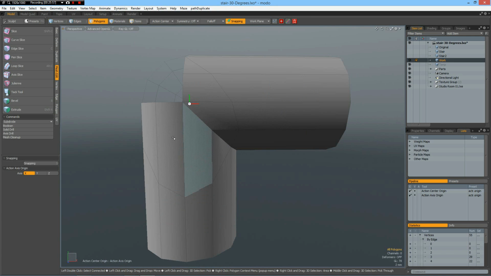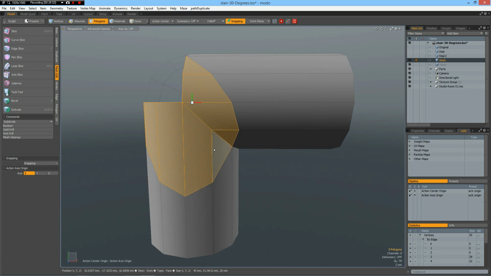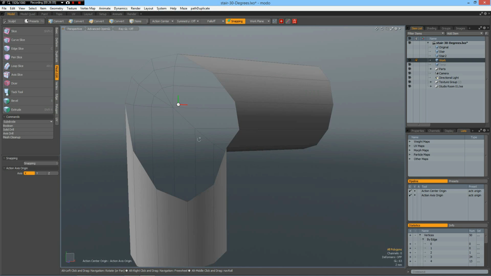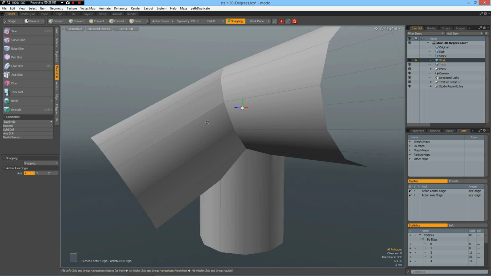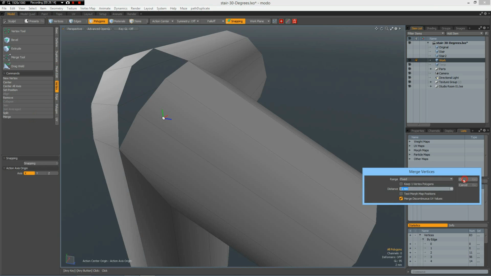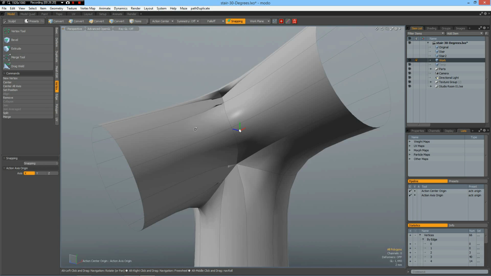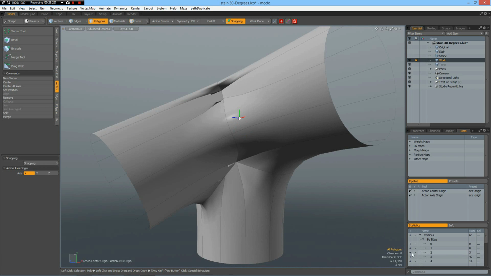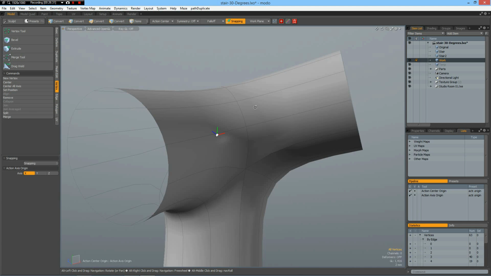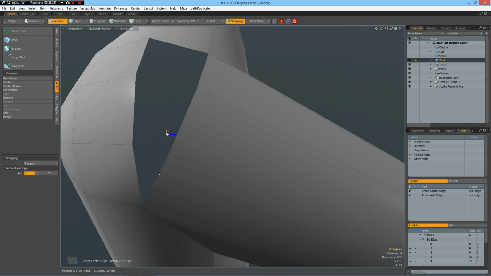hide, and first delete all the polygons which we don't need, so delete these, U for unhide. Now we can merge the vertices, vertex merge, okay, and this looks not good, and the reason is that we have these two edge vertices, so let's see where they are, and backspace delete, and now this is fixed, and we have only to put in this here,